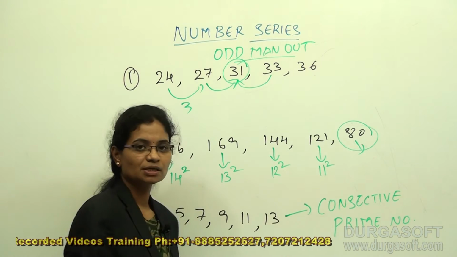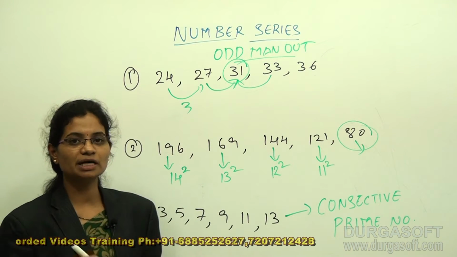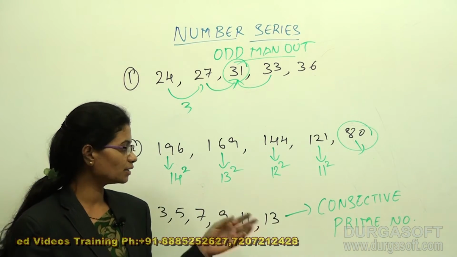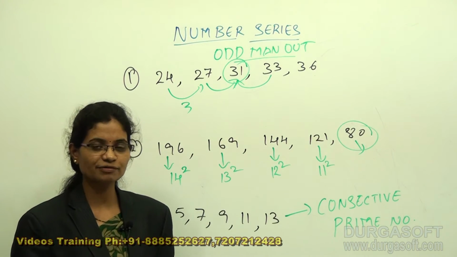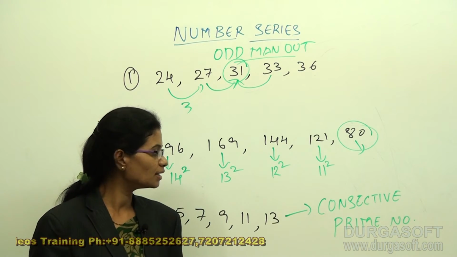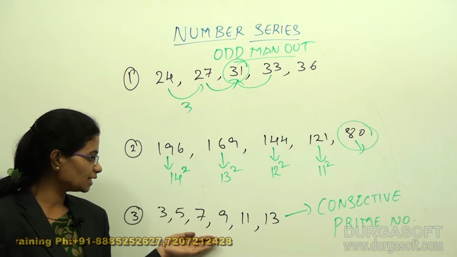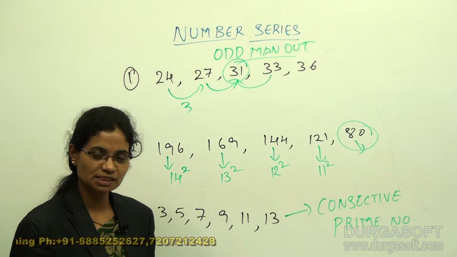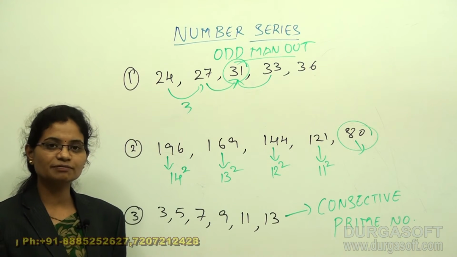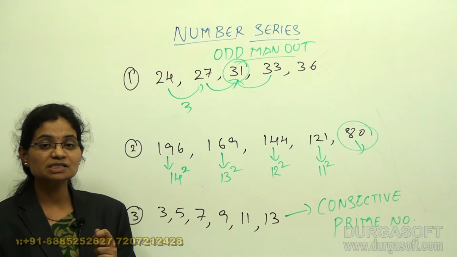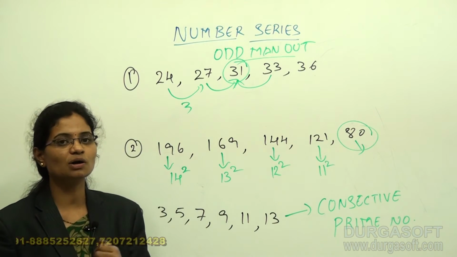In numbers, we know what kind of numbers are there: natural numbers, prime numbers, and consecutive prime numbers. You should have an idea what all those numbers are. Here, if you see, this series is actually following a consecutive prime number series. Actually, what is a consecutive prime number? The number which is having more than 2 factors is called a consecutive